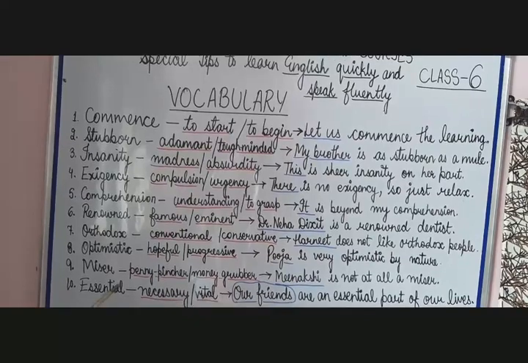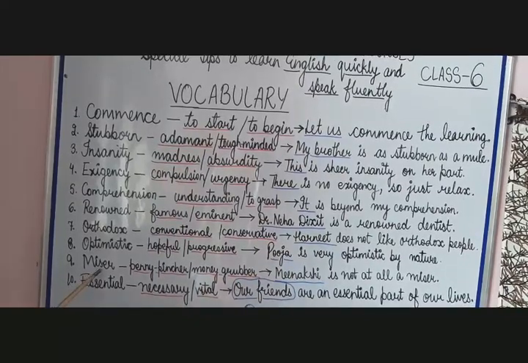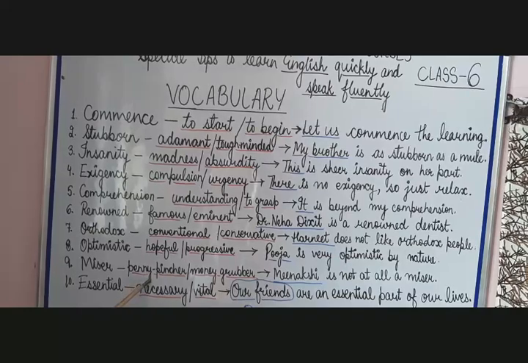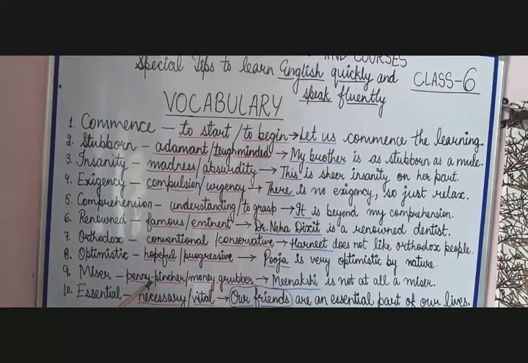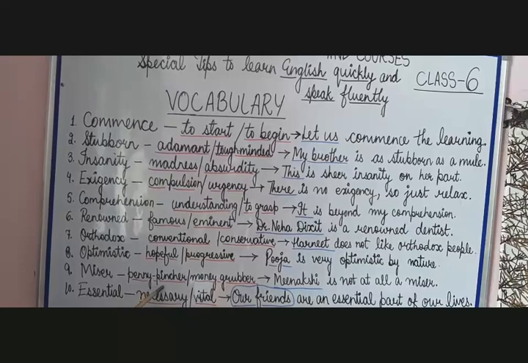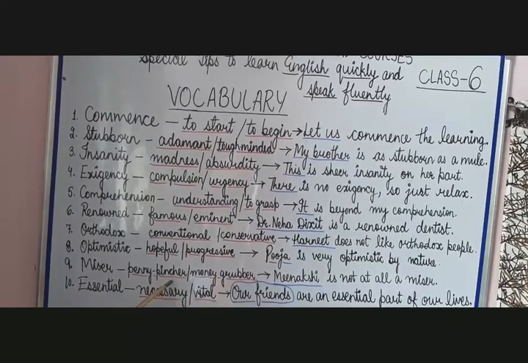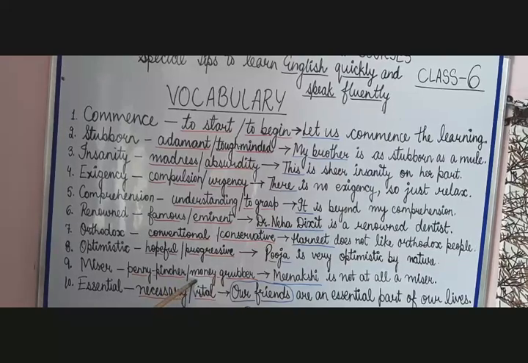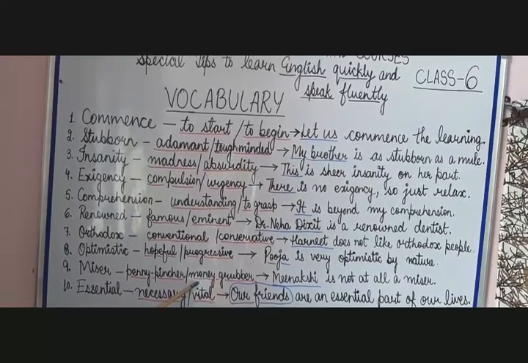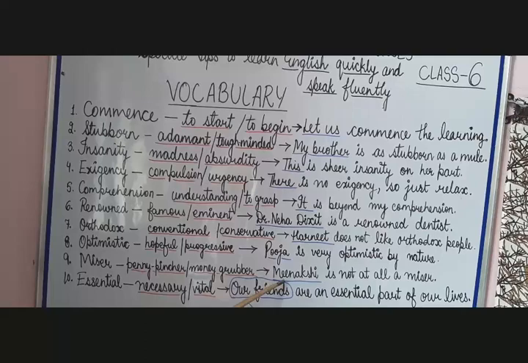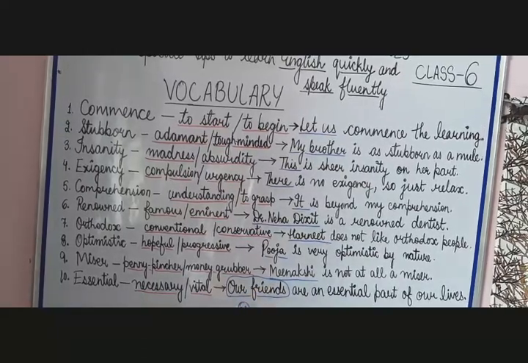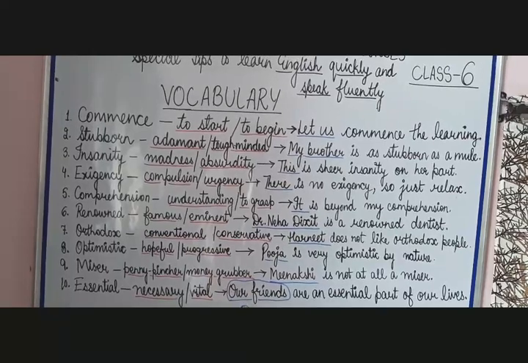The next is miser. Miser, कंजूस. Another word can be penny pincher. So वो बंदा जो बहुत ज़्यादा पैसों को दबा के रखता है, जोड़ के रखता है, but use नहीं करेगा, that is miser. और money grubber, जोड़ के रखेगा, grub करी जाएगा. So sentence, Meenakshi is not at all a miser. वो बिल्कुल भी miser नहीं है.